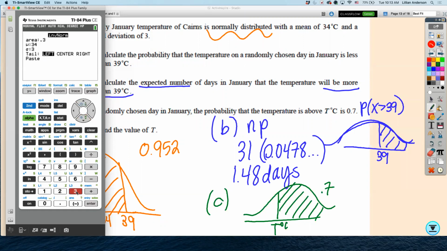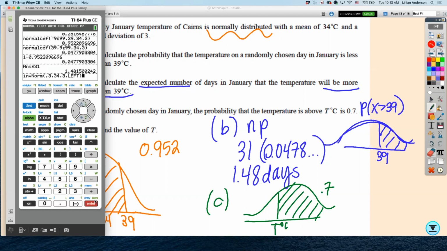Now, this calculator is the updated version of this. I actually have the option to tell my calculator what tail I want, but a lot of you guys don't have this option. So I'm going to pretend like this tail is not even here. So I go down to paste. And so my temperature would be 32.4